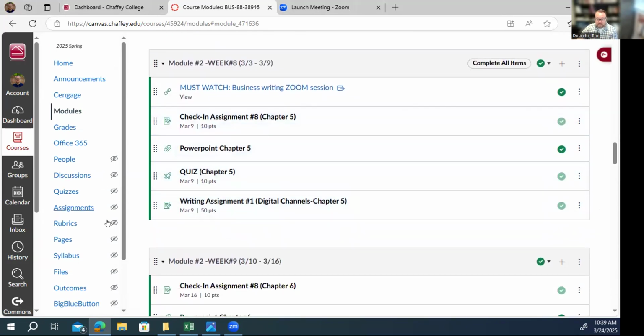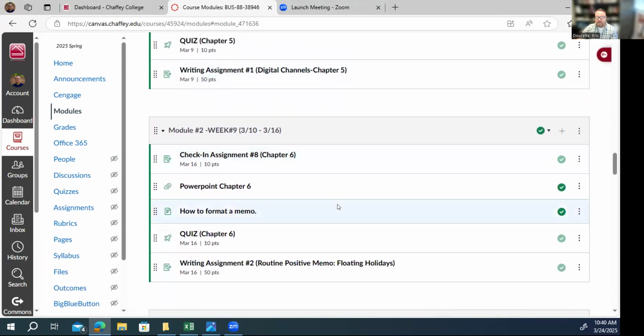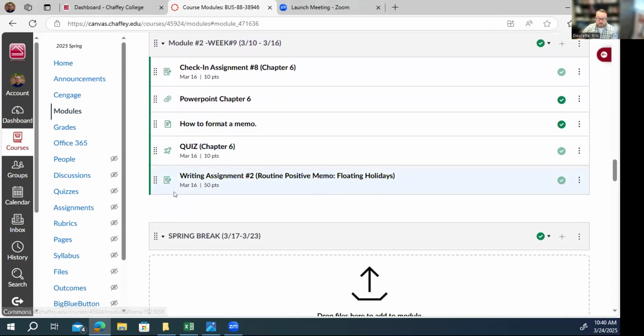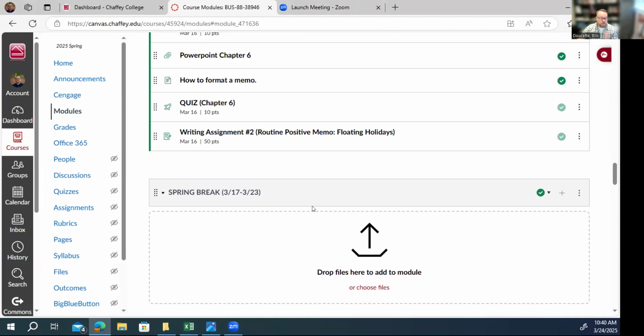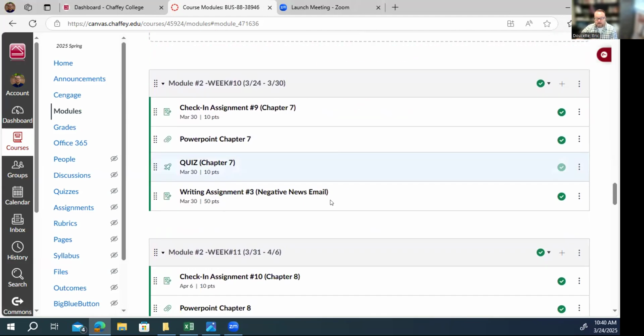But right now, we're focused on business writing, as you know. We already did the writing assignment for the blog, the instant message, the tweet, and all those things. And the week before spring break, we looked at a memo, the floating holiday memo, and I haven't graded all those yet. I'll be grading those over the next couple of days. So make sure you go back and read all of my comments on your writing assignments, because even if you get a good score and you're happy with it, there are certain things I'm pointing out as to why maybe you didn't get a perfect score. Make sure you read those and apply them to your next writing assignment,